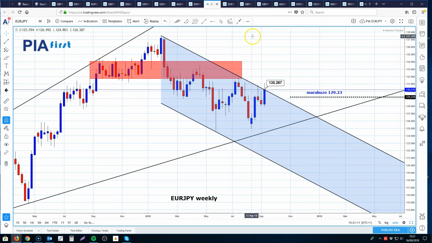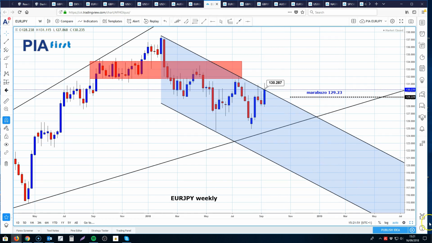Euro yen, quite a hard one to analyze or decipher at the moment. We've got one decent support level going into next week, which we're going to discuss and really see how price action acts around there. Prices above this corrective channel formation have been sold into, 130.28. So we just about closed below there on Friday. Now, interesting fact here is that we've got the Marabuzo level from last week's price action, which is the midpoint from the open and the close, and that's located at